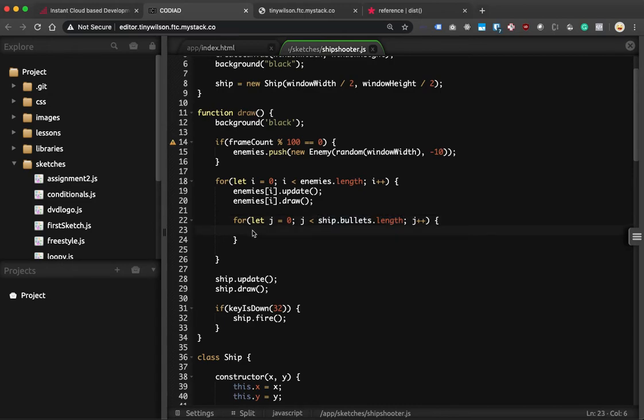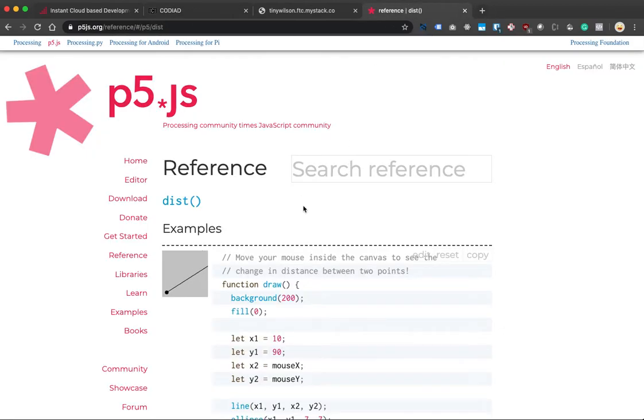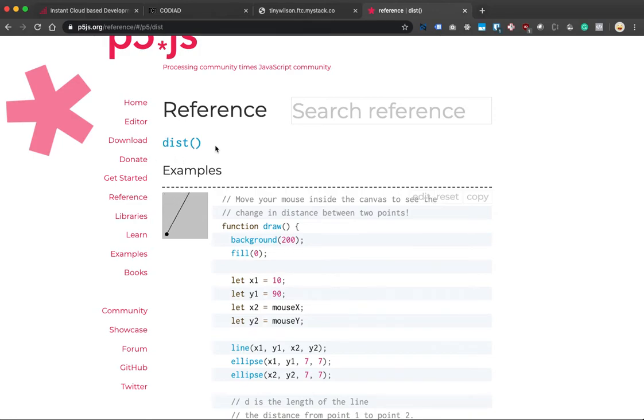So within the scope of this, we now have access to the current enemy, so enemy sub i, which is this index. And we also have an index to each bullet using bullets sub j. Now, with that information in hand, we can actually calculate the distance between these two objects, because each one of those objects has an x and y coordinate. Luckily, p5.js has a nice little helper function here that will do that little bit of math for us. It's called dist. And dist will calculate the distance between 2 points